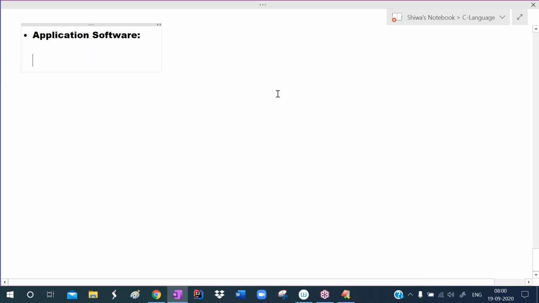Regularly in our phone, we are using several game softwares. All those games come under application software only. Temple Run, Candy Crush. These types of game softwares come under application softwares only. If you want to play the games, you install the games. In the computer also you can play the games. Otherwise, you will not install the game software.